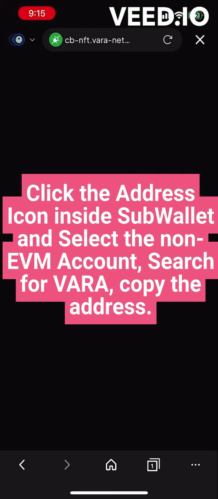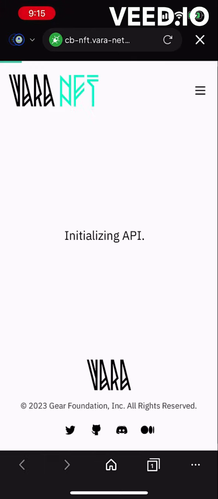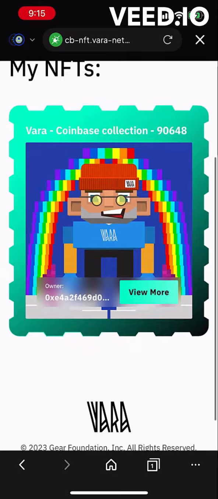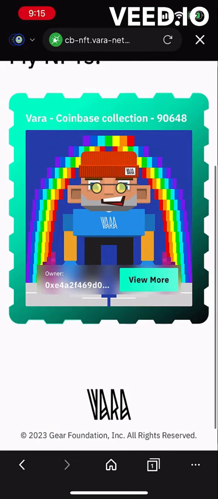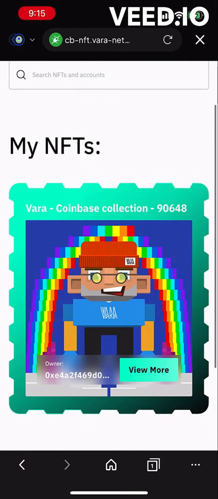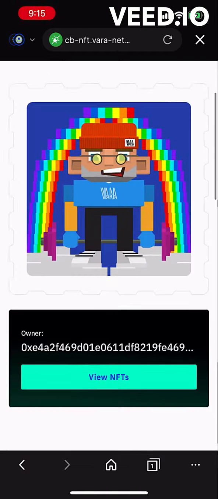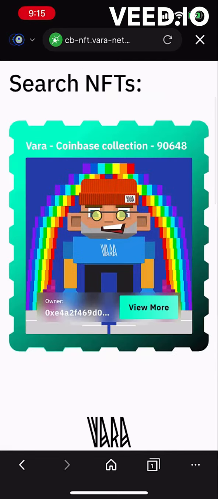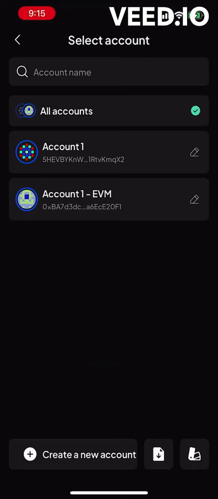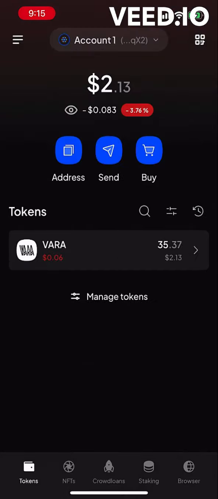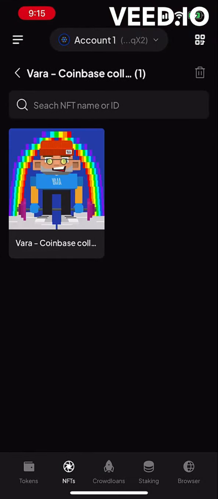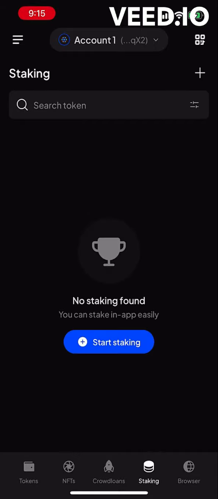Your VARA address. So once you go inside SubWallet, select non-EVM account, search for VARA, and then copy the address. Click on My Asset tab, select VARA token, try to send minimum of 15 VARA tokens, and then go back